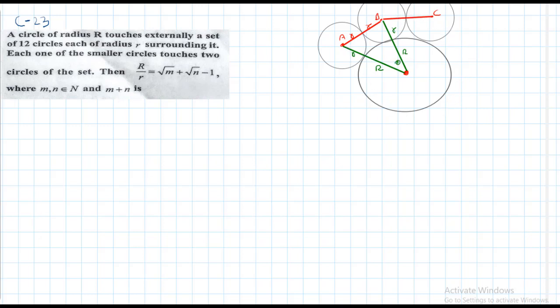So each angle is 360 by 12. I can call this theta. So theta is nothing but 360 by 12, because by using all 12 circles we get a 12-sided regular polygon. Each side length is 2r. So you get 12 isosceles triangles. Each central angle is theta, meaning 12 times theta equals 360. That's why theta equals 360 by 12, which is 30 degrees. So what you got is theta equal to 30 degrees. Now using this triangle I want to complete the problem.